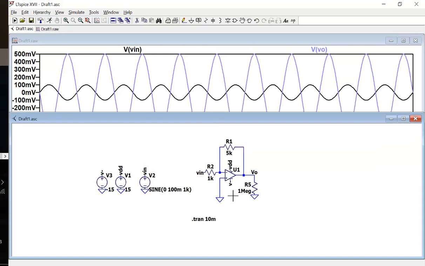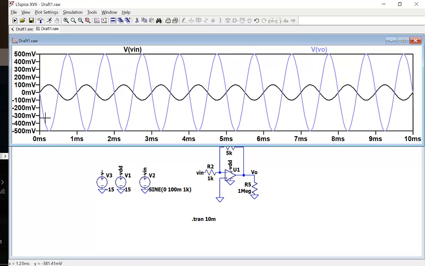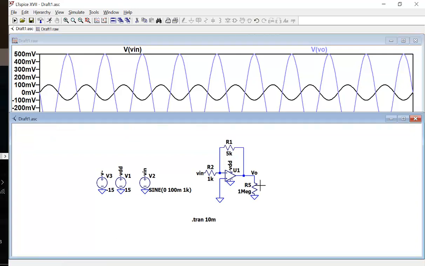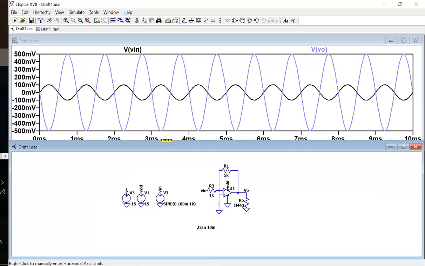And now, if I ground it, I don't have that negative swing, the room for the negative swing anymore. I ground it. I just put the bottom rail at ground instead of negative. So I don't have the room to swing negative. And I'm still centering that input voltage around 0 volts. I'm not using this one right now, okay? And what's going to happen? In the real world, what's going to happen is,